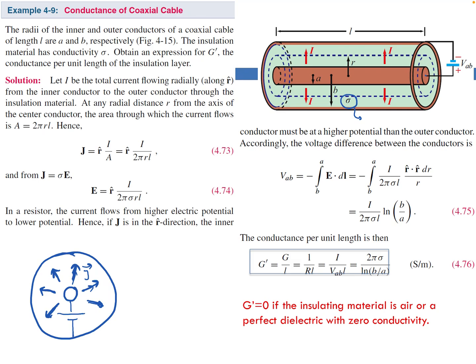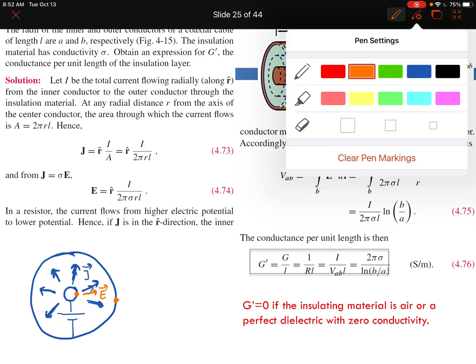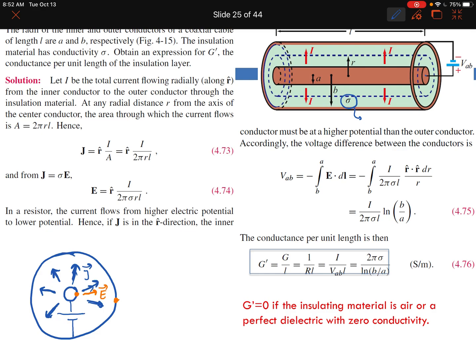And also the voltage would be the line integral of the field E. And from that ratio then we can get the conductance of this material. So we can start by expressing the current density, assuming the material is uniform,